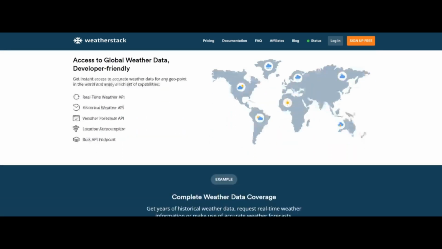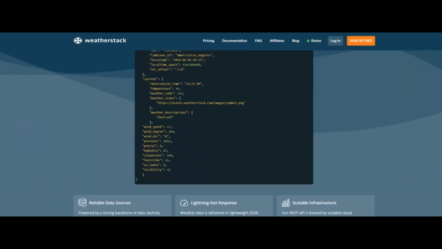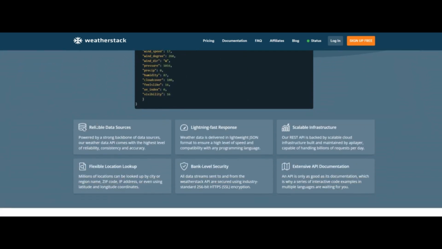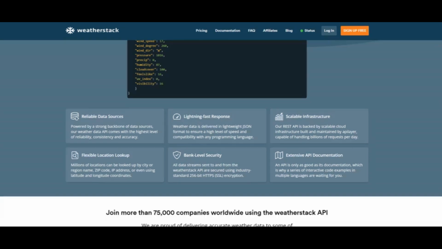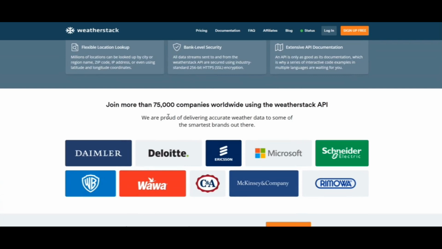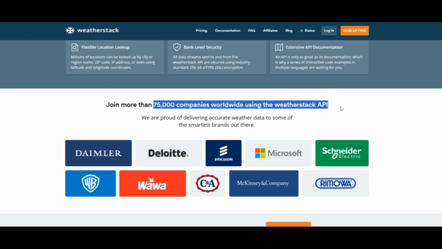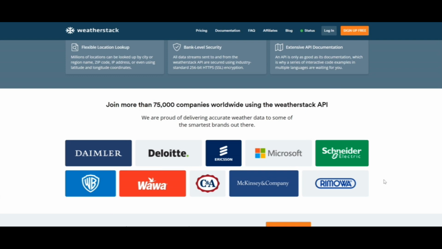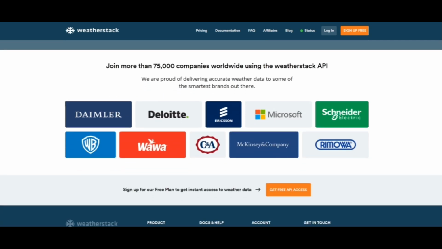Known for its precision, the Weatherstack API is widely regarded as the most reliable forecast provider available in the market today. This API is versatile, delivering weather predictions on both an hourly and daily basis, catering to a variety of user needs. Its reliability and accuracy have garnered the trust of over 75,000 companies, making it a cornerstone in the